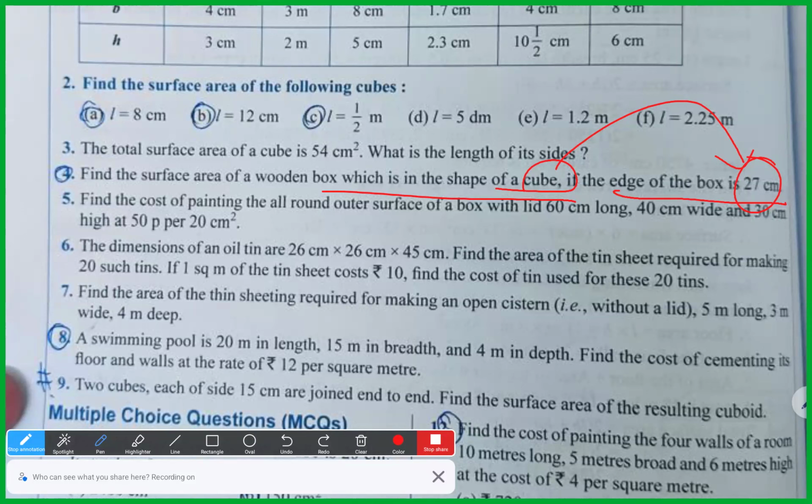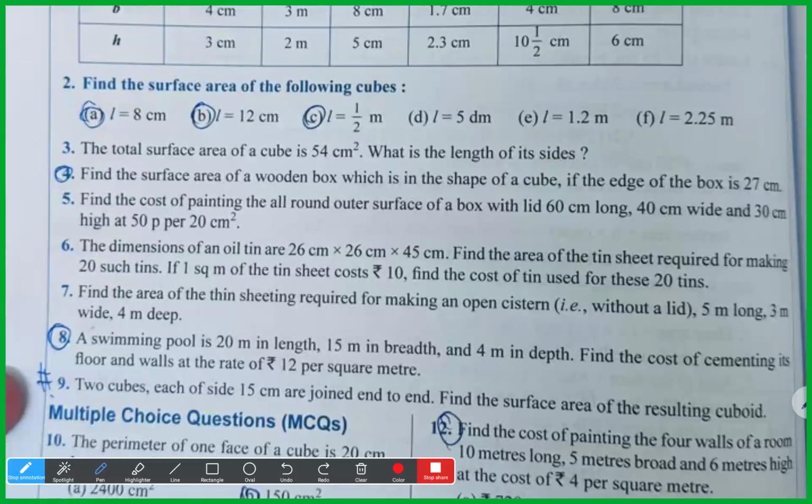Then the fifth question. Shall we go to the fifth question? Pranavi, Maisha, once you read the fifth question, Maisha. Yes, sir. Find the cost of painting the all round outer surface of the box with lid 60 centimeter long, 40 centimeter wide and 30 centimeter height at 50 paise per 20 centimeter